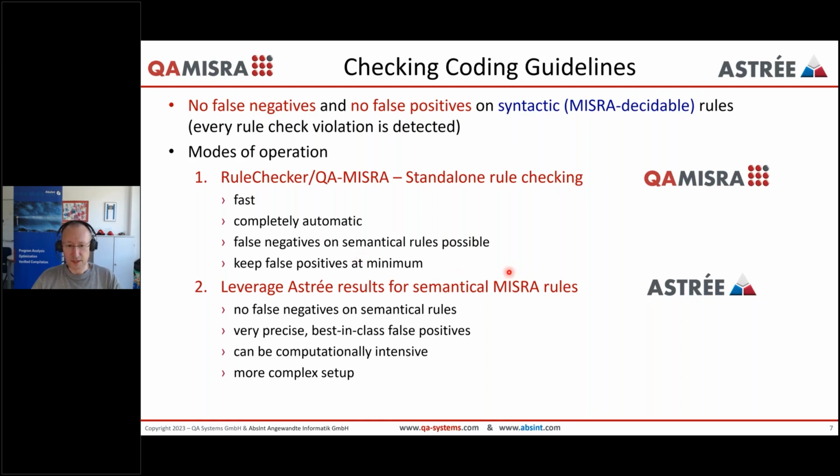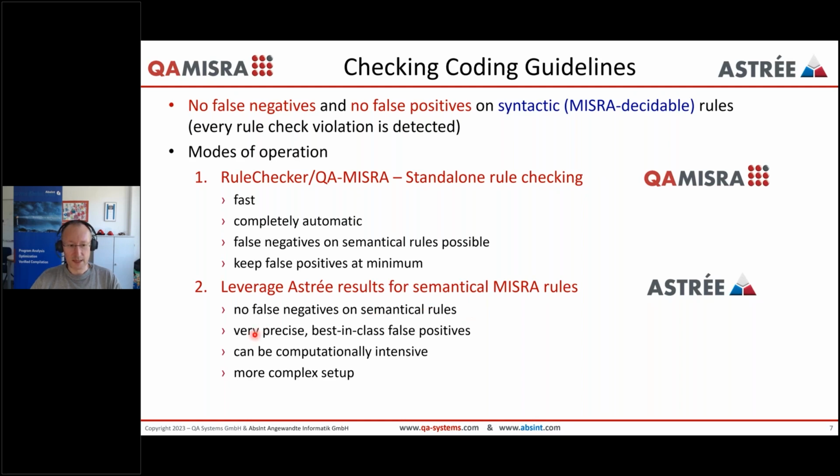And then you can combine this with ASTRE and then again configure the semantical rules for the ASTRE analysis. And now you will have no false negatives on these semantical rules, because of course there are undecidable MISRA rules like no access beyond the object boundaries. And there is even a rule that there should be no runtime errors. It's rule 1.3. So this is exactly what you can cover with ASTRE, and even in a way that you can be sure that no violation of these rules will be missed.